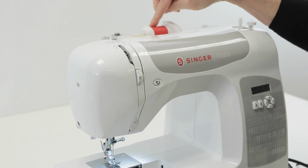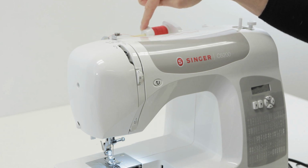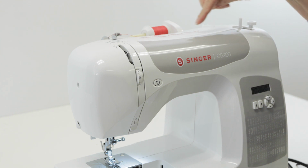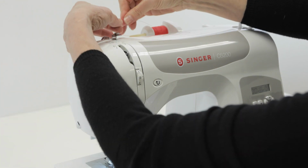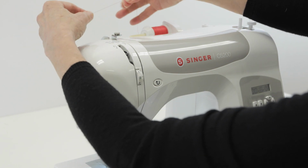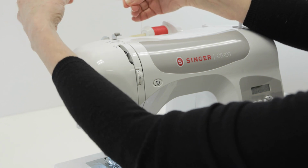Place your thread spool on the spool pin with the spool cap to hold it in place. But if you've just wound a bobbin, it probably looks something like this. So we're going to remove the thread from the bobbin winding tension disc. And now hold the thread in your right hand with the loose end of the thread in your left hand